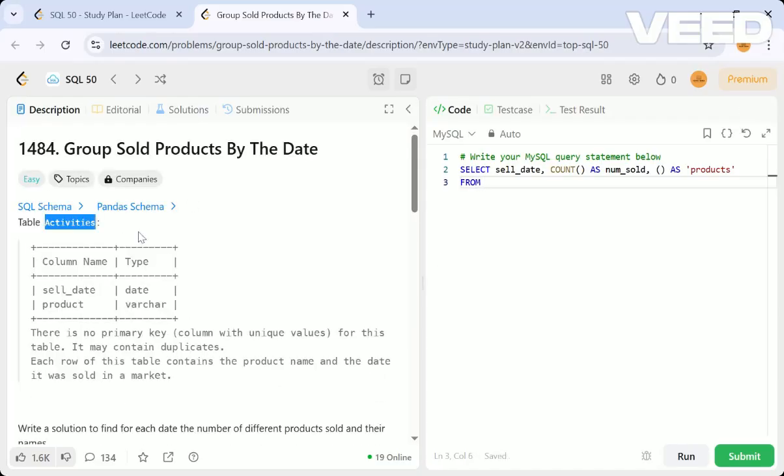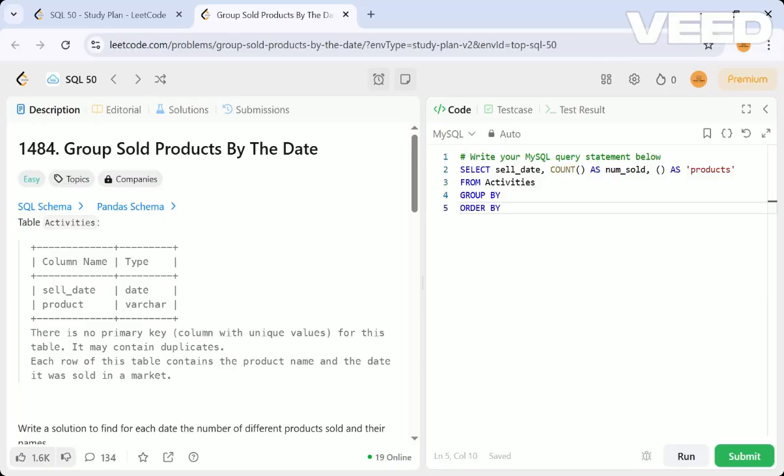Activities table. Other things they're asking us, like group by and order by. Sell date only they are asking to group by and order by.